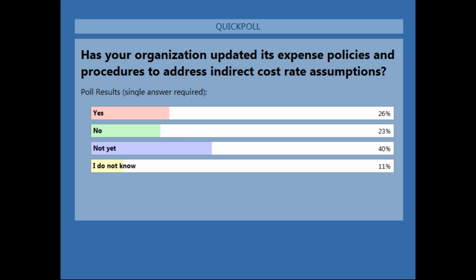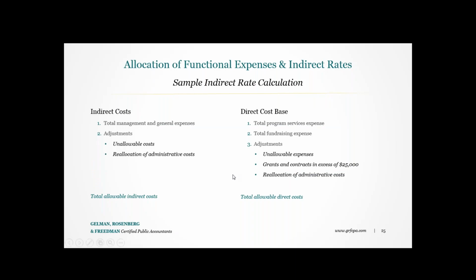All right, so a variety of responses here. Ultimately, expense policies and procedures, how functional expenses and indirect cost rates work together, is certainly an important part of an organization's documentation process with respect to how it justifies its cost reporting. Certainly there should be more yeses in there, but perhaps it's something for each and every organization to think about. And of course, we are available to anyone who's interested in having a discussion about how that could be accomplished.